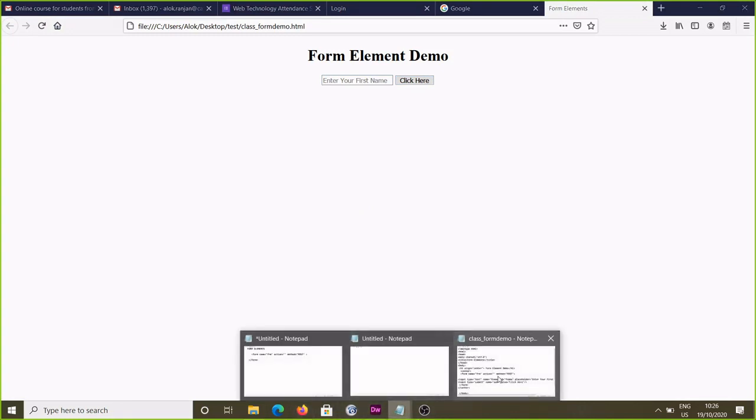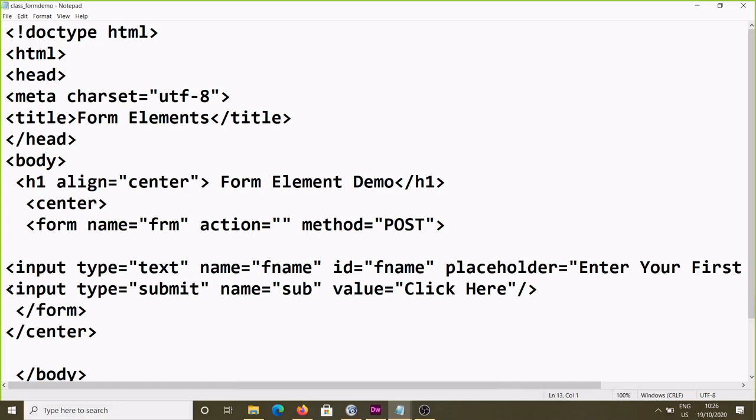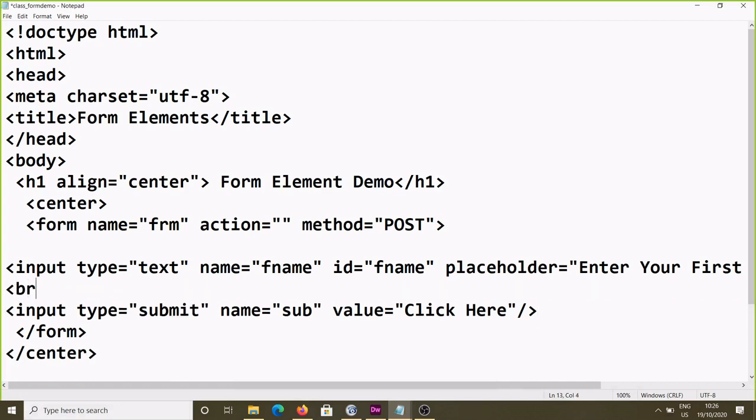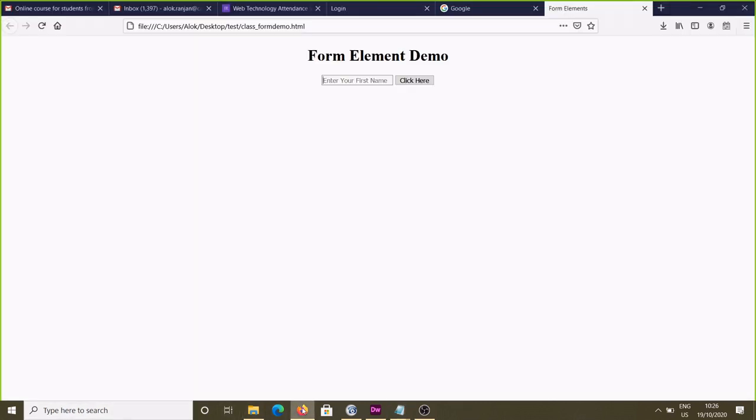So for that purpose I can write br here, br slash. I can press control s, refresh. Yes, you see enter your first name, that is the placeholder only that is coming. Now I want to write my name here, it is not there. Once you start typing, that will not be available. And you see I am not filling anything, and I just click here, please fill out this field is coming now. That is happening due to the required I added along with the input box.